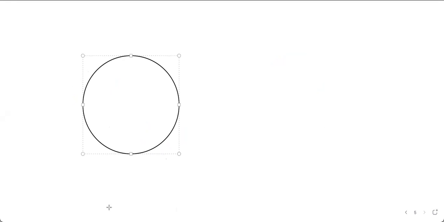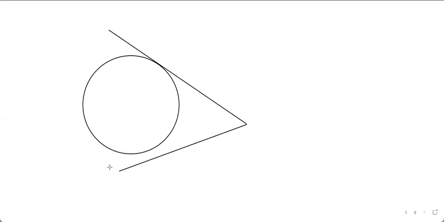So here is a circle, and let us try to draw tangents to it from outside the circle. So this can be a tangent, and there can be another tangent like this, right? And we know from the theorem of tangent segments that the lengths of these segments are the same. So if we have this as A, this as B, and this as D, you will soon understand why I did it like that.